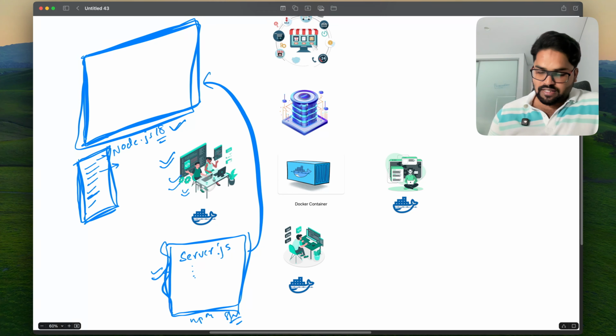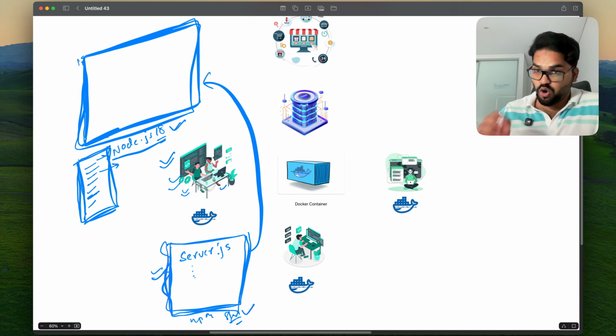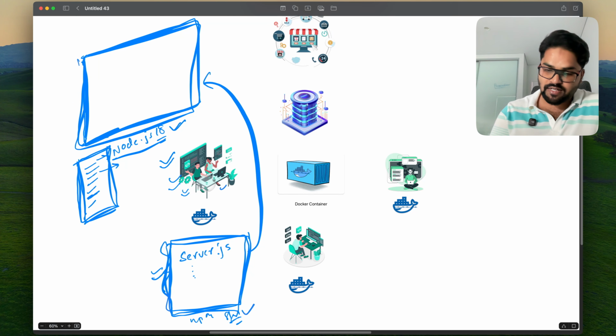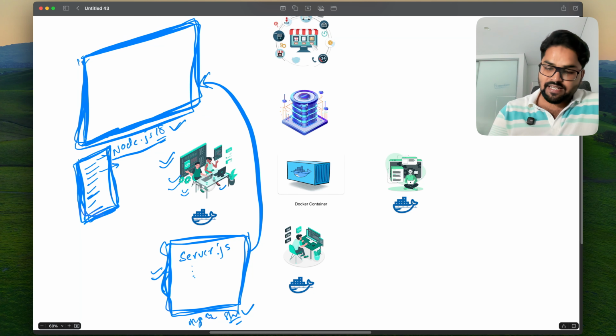right? Once you run this application, that is running in your local machine. But the thing is that you are not running that one anymore in your local machine, you are running inside this box. So you are giving 3 instructions here: you have to install Node.js inside this box, you have to copy your entire project structure inside this one, and then you have to run that application using this command. All those 3 instructions are created inside this template,